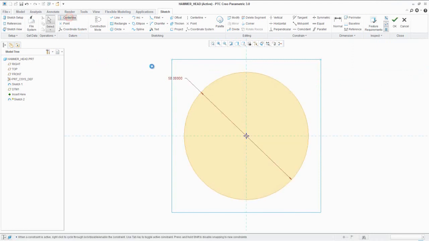Use these reference points and the center point to draw two center lines.